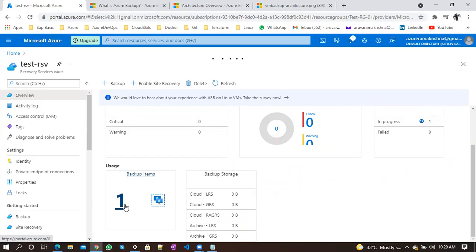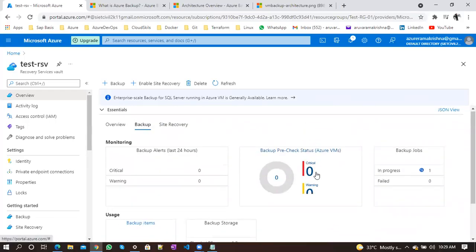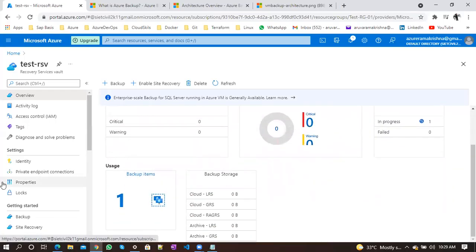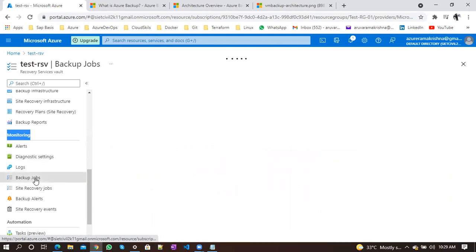Here I also see backup items. I have taken one item as a backup, the virtual machine, and here you can see my count. And if any of the backup items failed, I can see the backup errors or warnings here. So this is a central monitoring place where you can monitor your backup jobs also. And if you wanted to monitor in detail, you can come down under the monitoring. You could see an option called backup jobs. Just click on this particular backup jobs option,